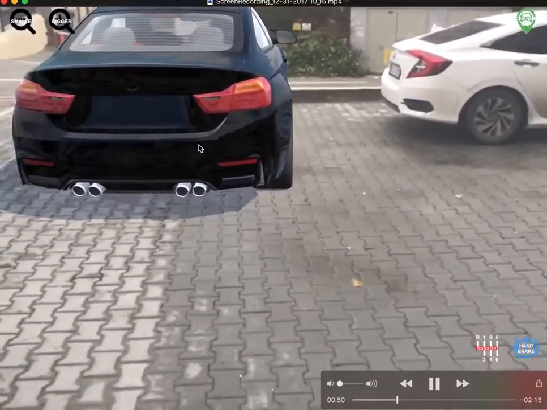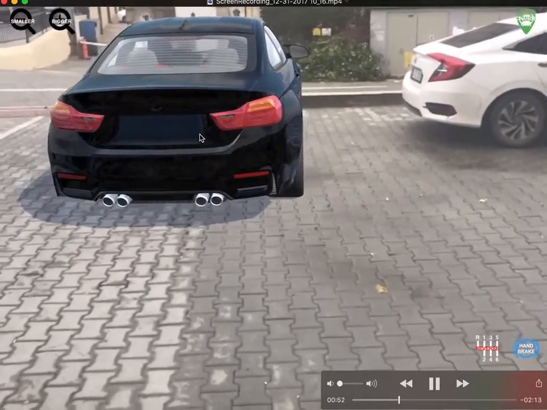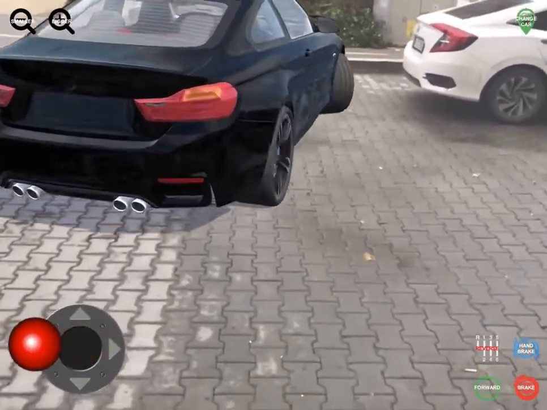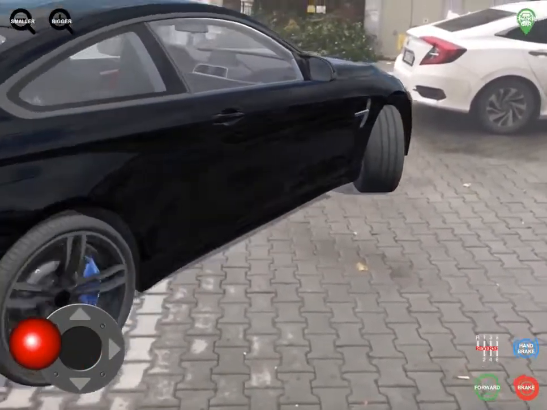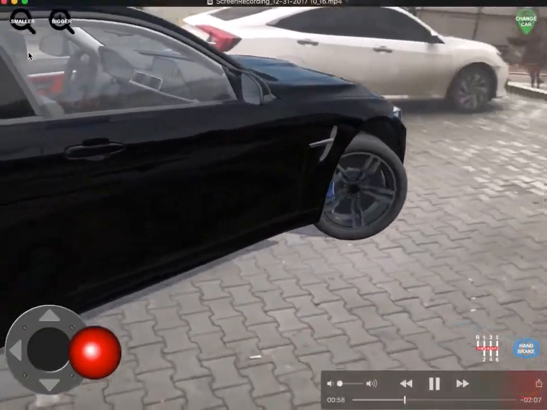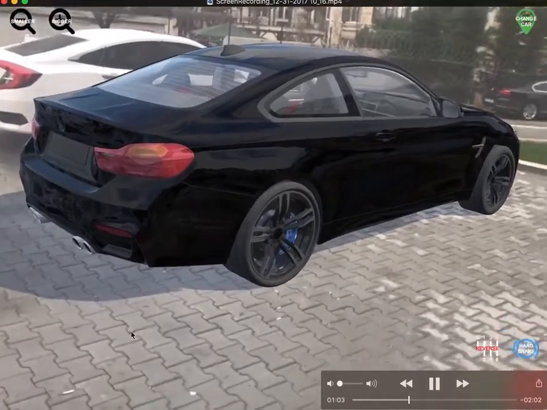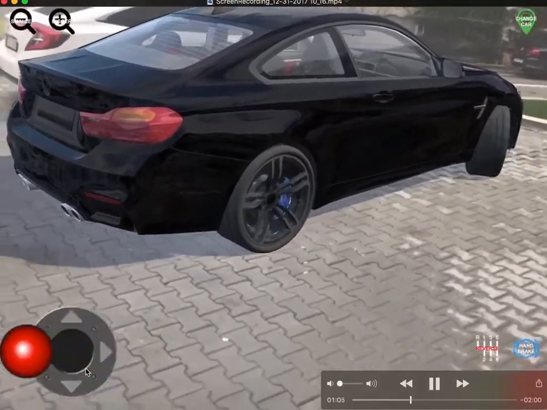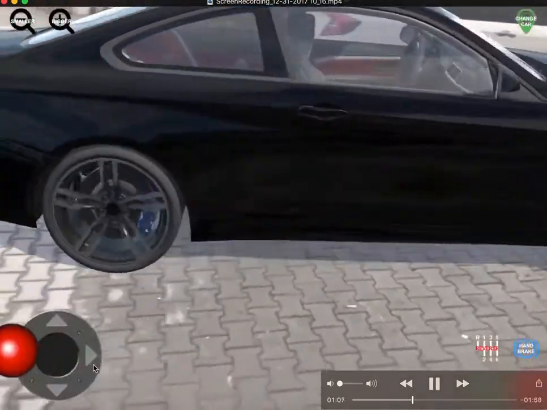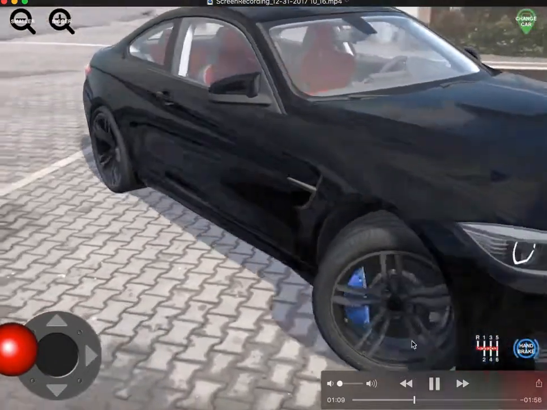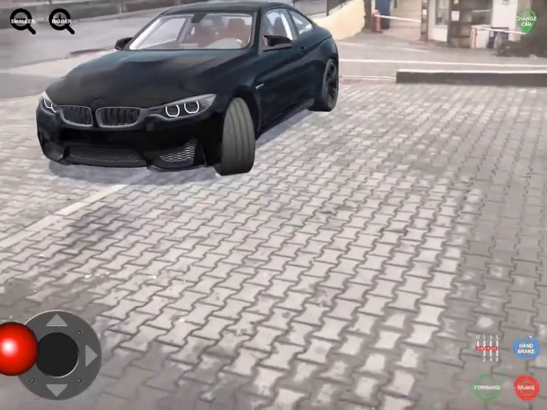somewhere to place the car. So you will see this car will be placed. You can make it bigger or smaller with the left upper corner buttons, and just use the joystick like this to manipulate the wheels, and you will see